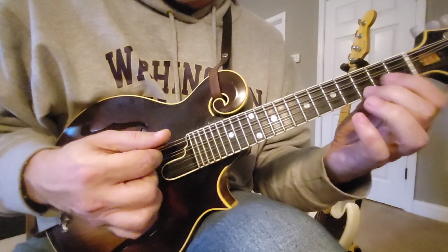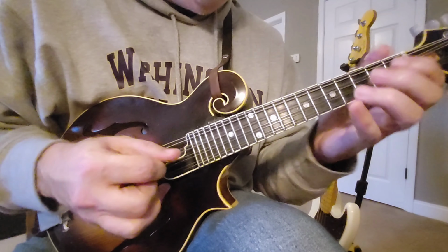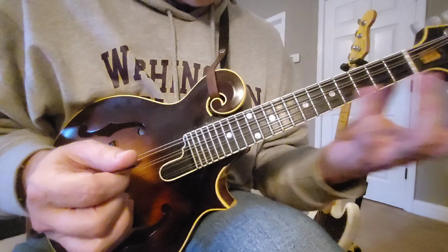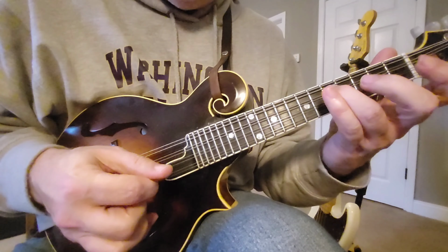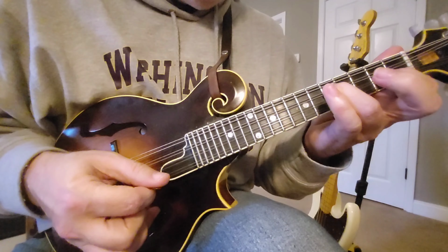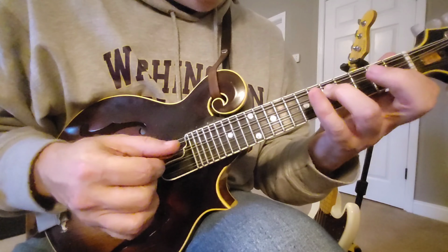Here we go to the 4 chord, up to that G. Again, you should just be able to hear that. If you know the scale, that's going up to the 4 chord. In this case, I'm playing a G double stop. Okay, from there,